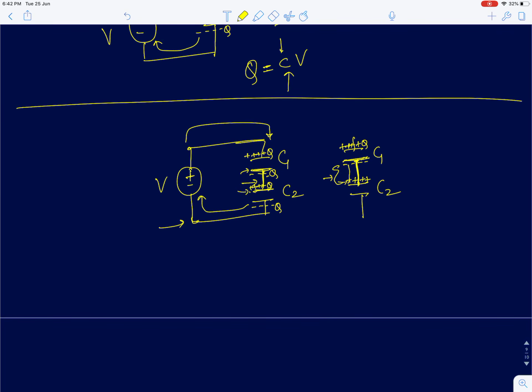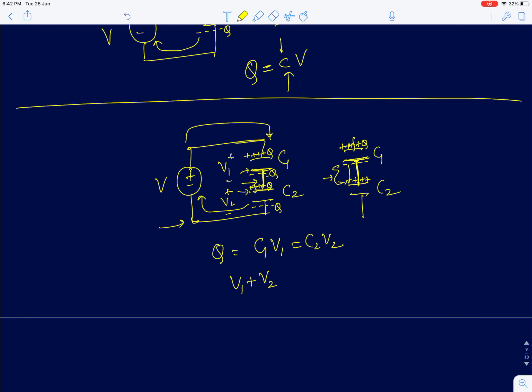Likewise, in a resistor, if two resistors are in series, the current is the same. Both the resistors carry the same current. So using that, we can simply say your Q is the same. Assume the voltage across the C1 capacitor is V1 and across the C2 capacitor is V2. C1 V1 will be equal to C2 V2, and we also use the other result that V1 plus V2